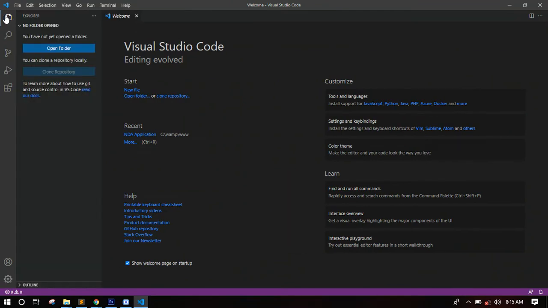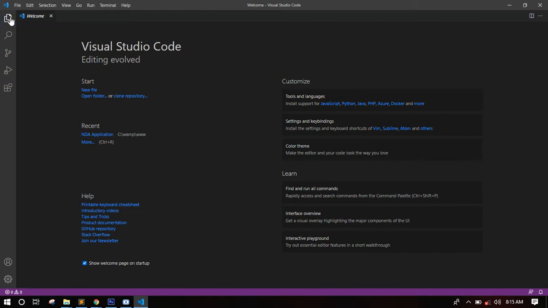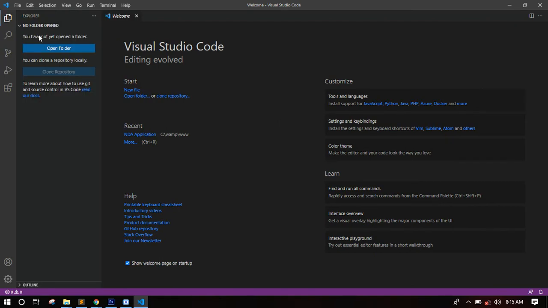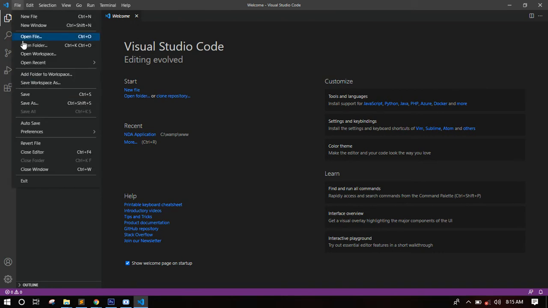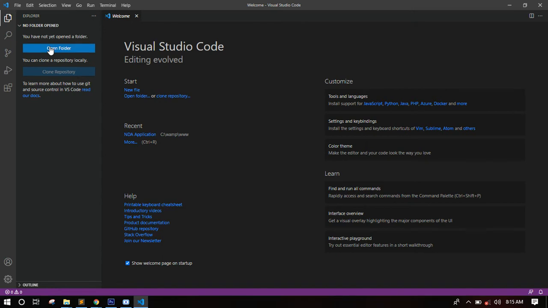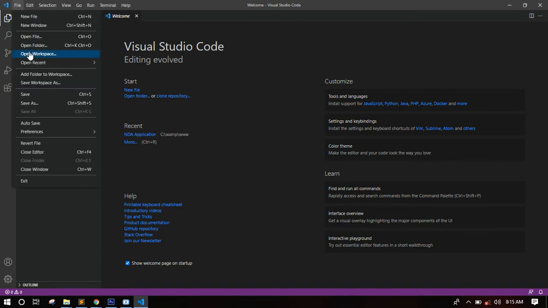Just click here. You can also use Control Shift E. So just click on this icon. You click it, it goes. You click it, it comes. So you click on this Open Folder, right? You can also use File here and click on Open Folder. It's your choice, if this is not showing here. So let's use this. You click on Open Folder,